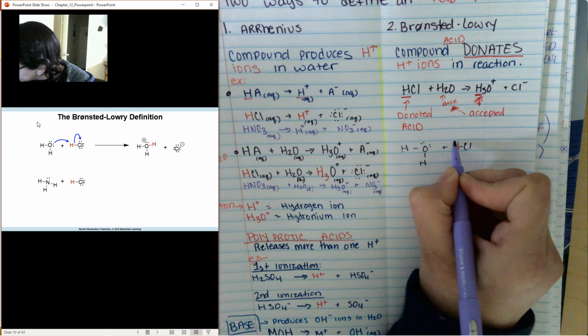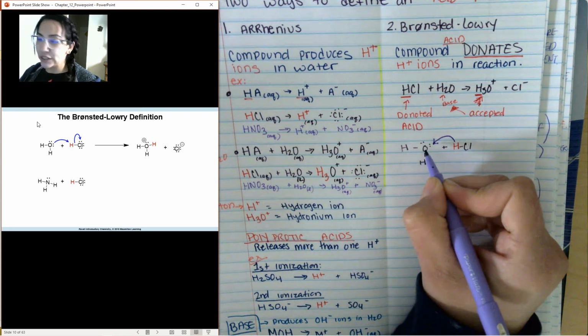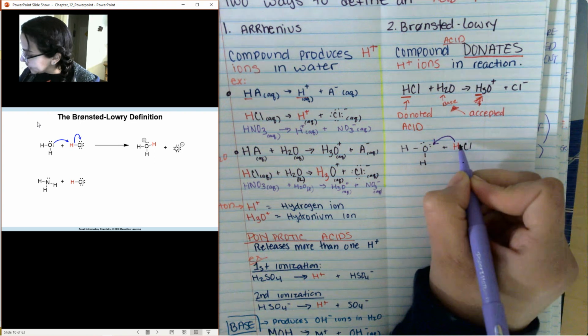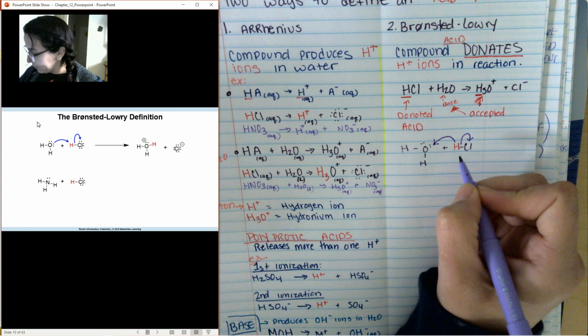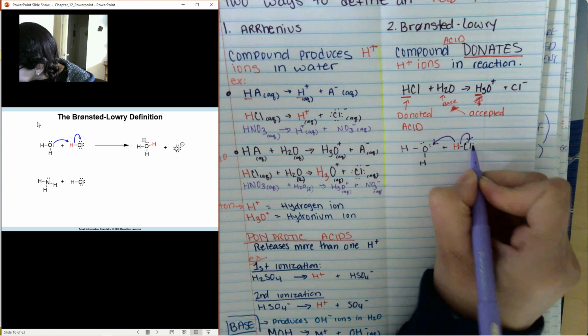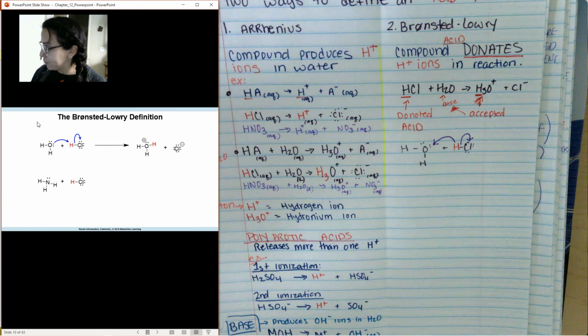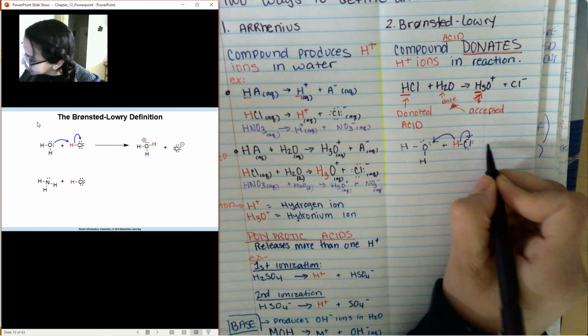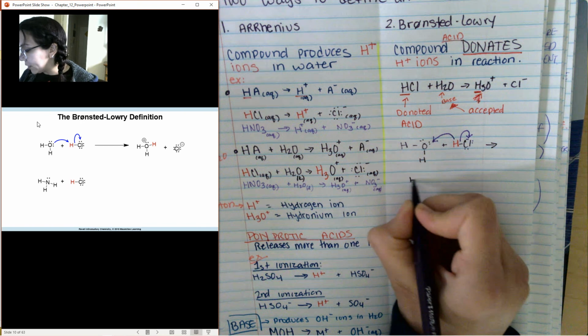So actually, I'm going to move it like this instead, because the hydrogen gets attracted to those electron pairs. These electron pairs go to that chlorine. Now, chlorine already has 7 valence electrons, right? This now produces our hydronium ion,